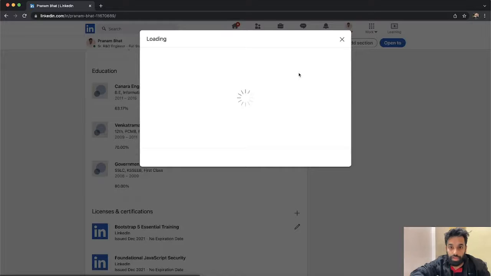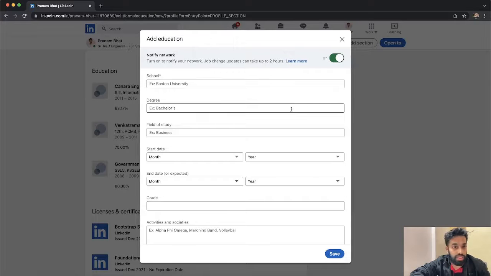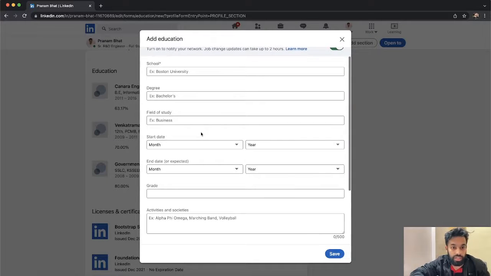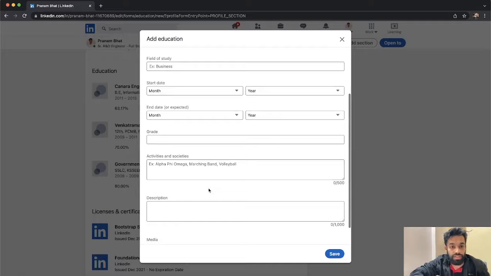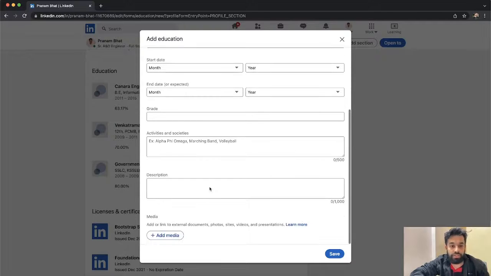Coming to the education part, what I would like to say here is mention the school and degree, and also the field of study, start date and end date, and grade. For grade, you can give a percentage or CGPA, whatever grade you can provide here. And description, it depends.